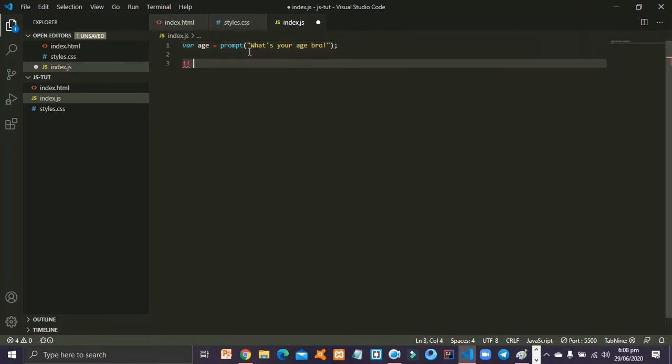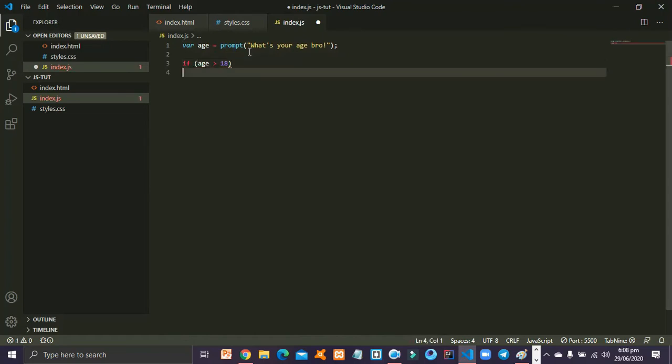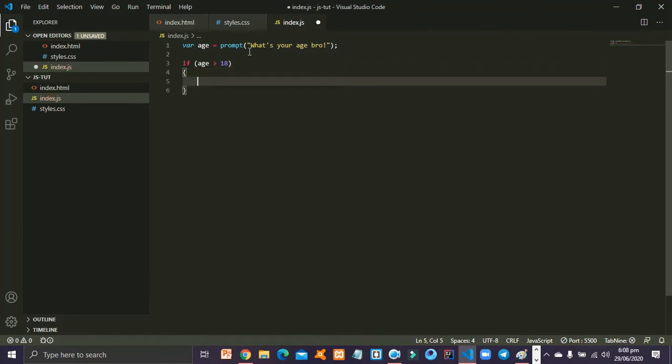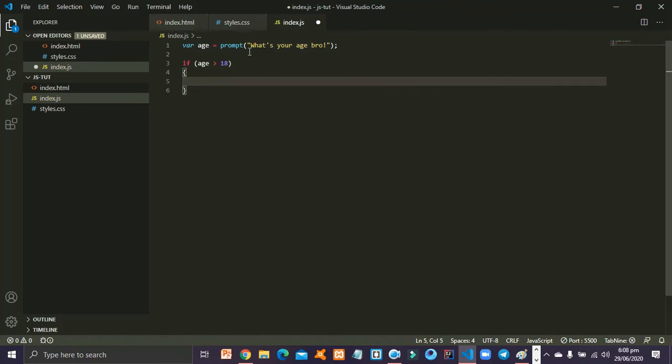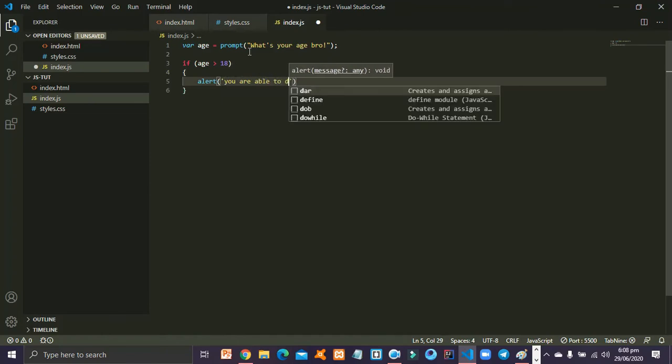So if age is greater than 18, alert, you are able to drive.